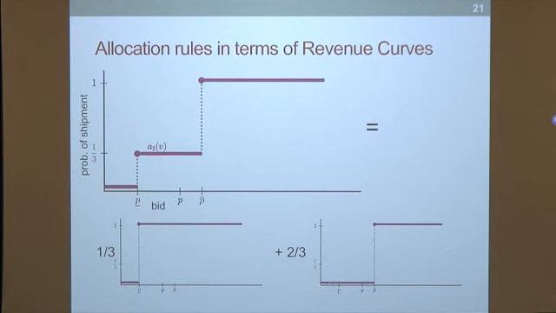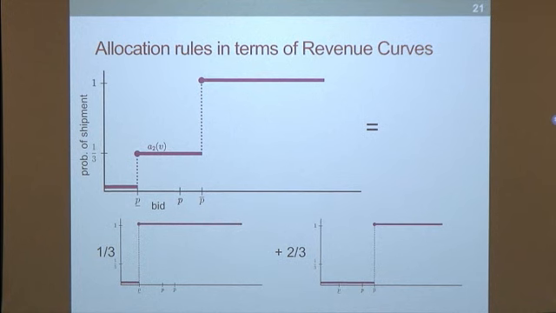So we can just verify this, that if you bid less than P lower, you get 0 plus 0. So this is the same. If you bid between P lower and P upper, here you're getting 1/3 times 1 plus 0. This is 1/3, right? And here we're getting 1 because we have 1/3 times 1 plus 2/3 times 1. So this allocation rule just breaks down into these two prices. And these are prices because it goes up at this specific price, and the area to the left of it is that price, right? This goes with everything we've said so far. Did that make sense? Yes.